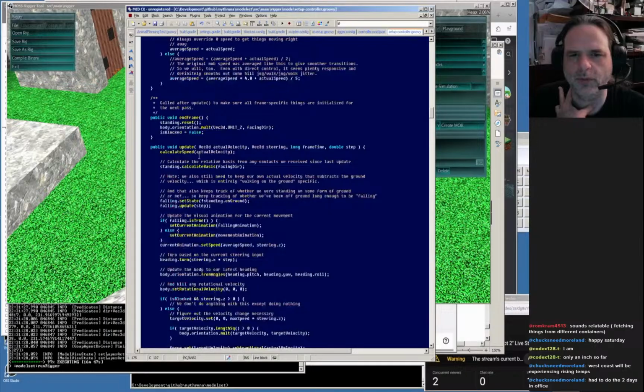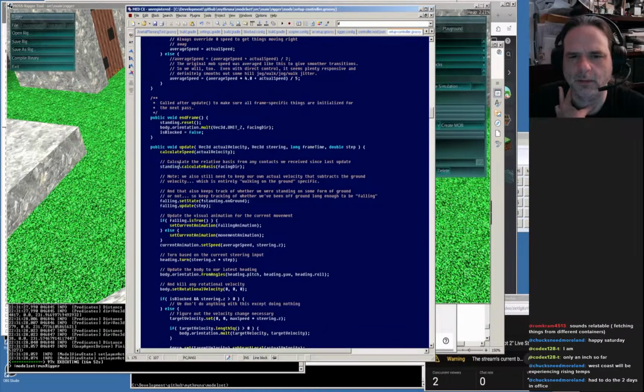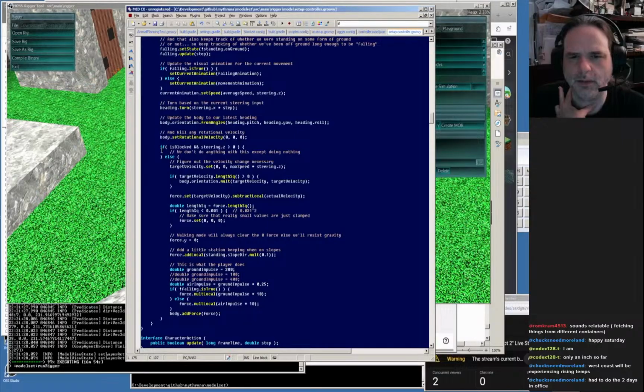So movement mode update is setting the current animation speed